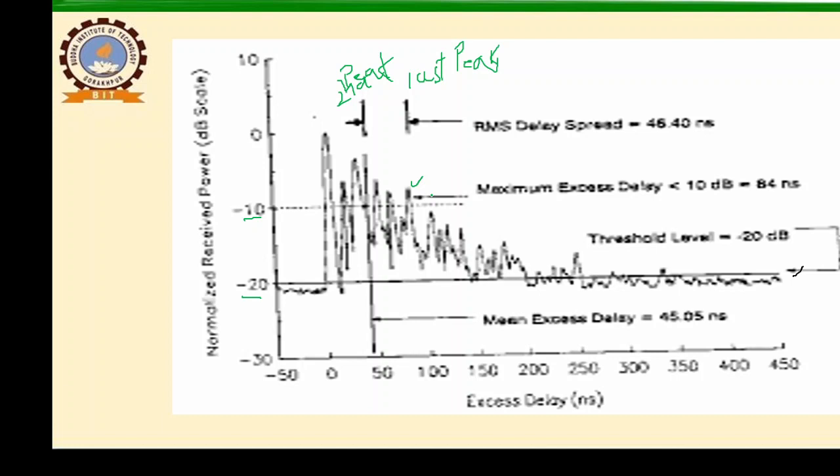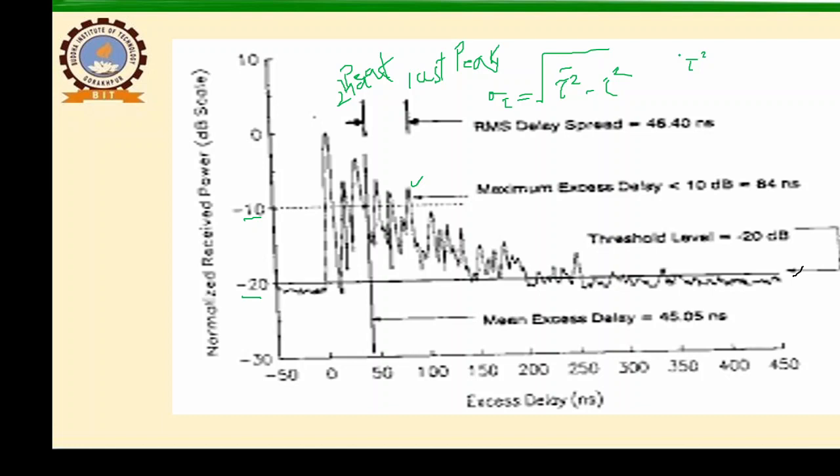So the RMS delay spread is the time duration, the square root of the second central moment of the power delay profile, and it is normally given by sigma tau, and it has the value of the square root of tau square prime minus tau bar square,